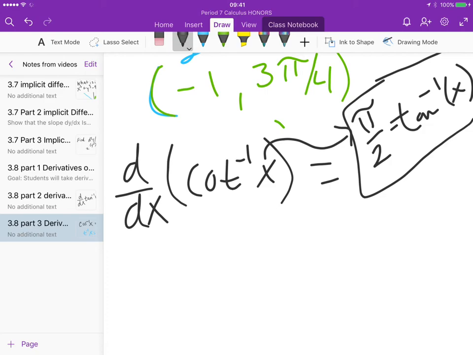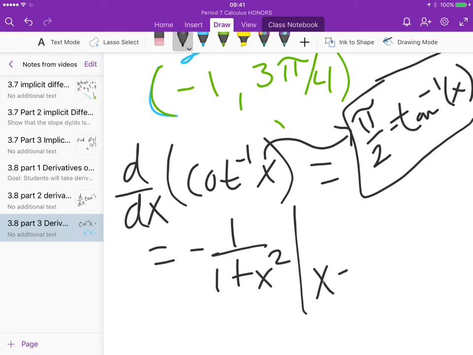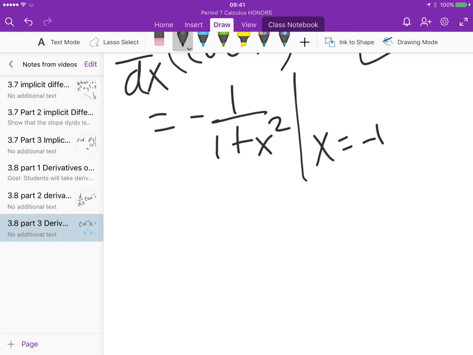So the derivative of pi halves is 0, and then you have negative tangent inverse of x. And so really, it's just the negative of our formula that we've been dealing with for inverse tangent. But we wanted to know this specifically when x was -1,